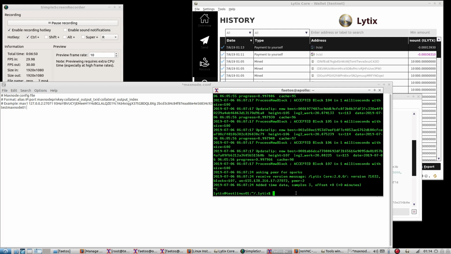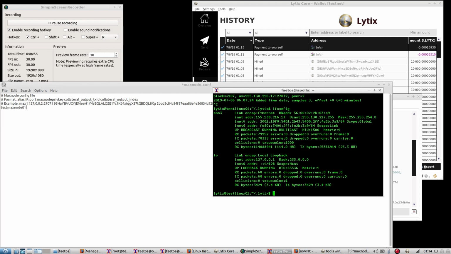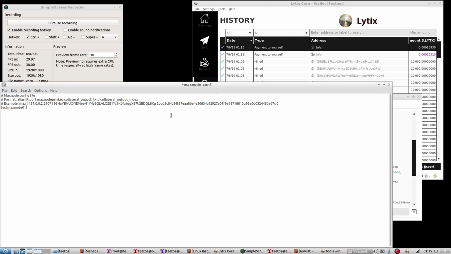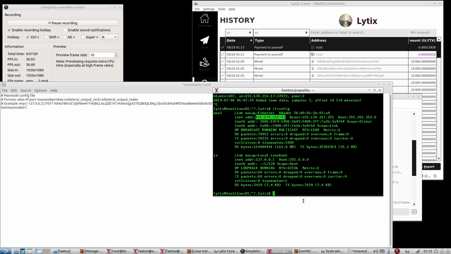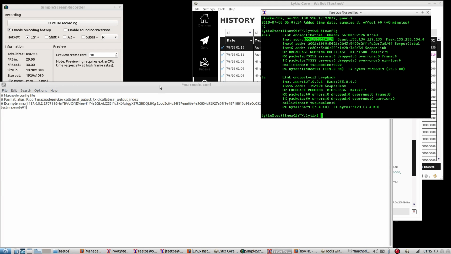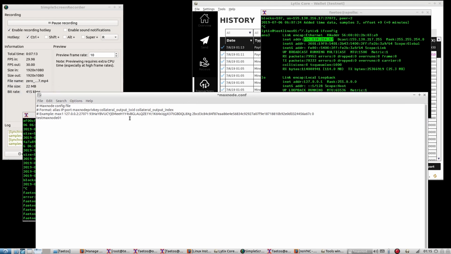I'm not familiar with the IP address on this one, so I'm going to type in ifconfig, and it's going to pop up the IP address here. And of course, it's not going to copy and paste. That's kind of the bummer of working sometimes with Unix systems. Not everything's happy with copy and paste all the time, so I'm going to type it in